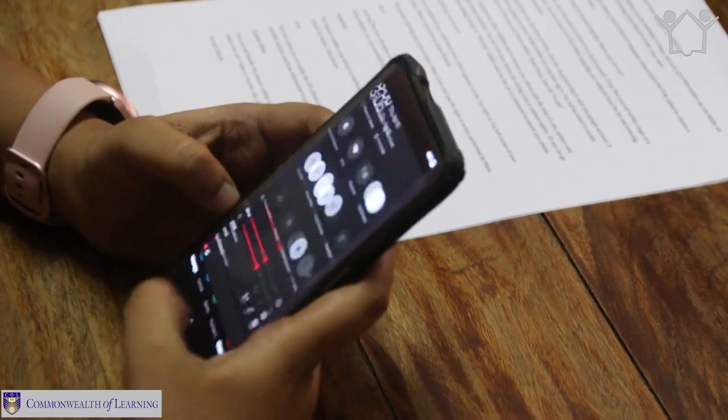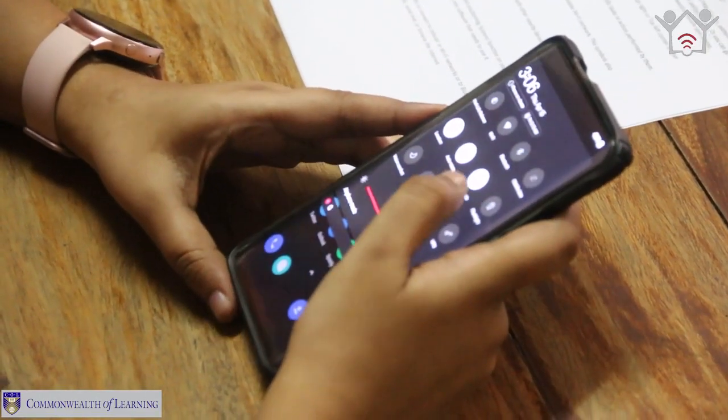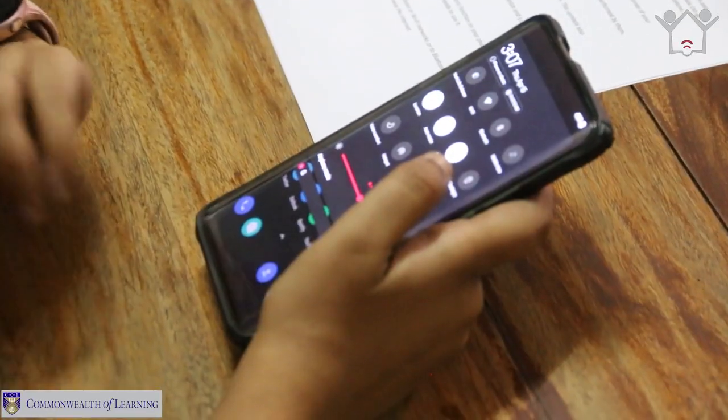Then you have location, that is GPS. Enabling the GPS will let your device track your location from time to time. We use this feature while using the maps on our phone. Then we have airplane mode. This icon will disable the phone's ability to receive any call or connect to cellular data or Wi-Fi or